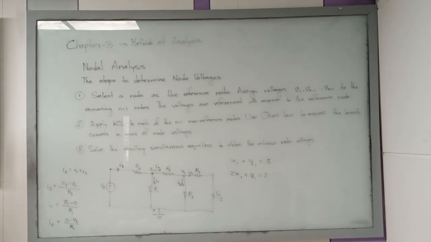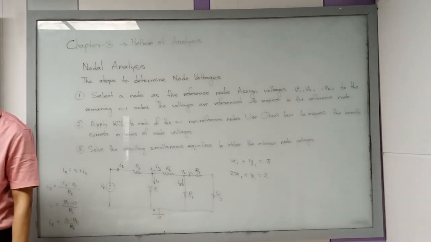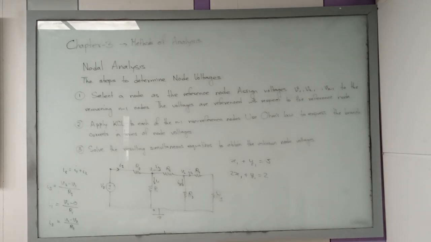Or if there are more number of equations, we use Cramer's rule, হ্যাঁ। The Cramer's rule is easy to use for larger number of equations. Otherwise your solving will take long, okay, অনেক বড় হয়ে যাবে যদি তুমি ক্রেমার্স রুল না ইউজ করো। ইন দ্যাট কেস তোমার কমপ্লেক্স সার্কিট থাকলে অনেক কটা ইকুয়েশন আসে, ক্রেমার্স রুল ইউজ করলে তুমি খুব শর্ট টাইমের মধ্যে ওটার সলিউশন বের করতে পারো এই আননোন প্যারামিটারস গুলার, ওকে।